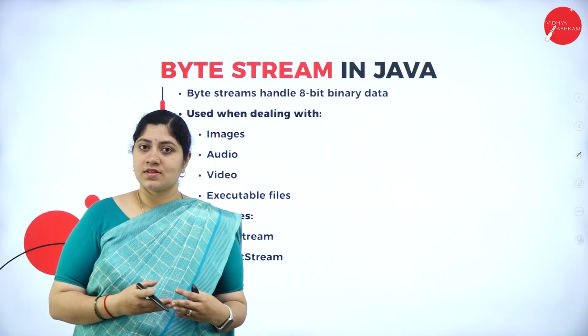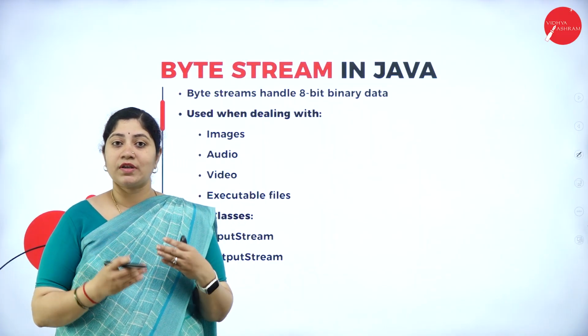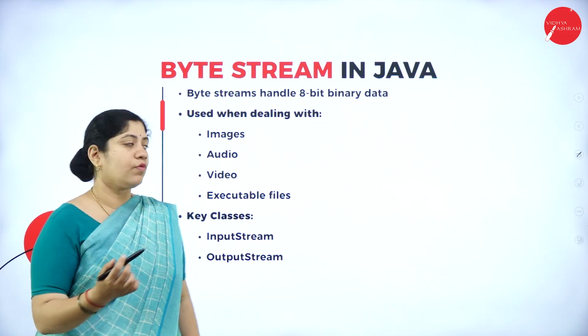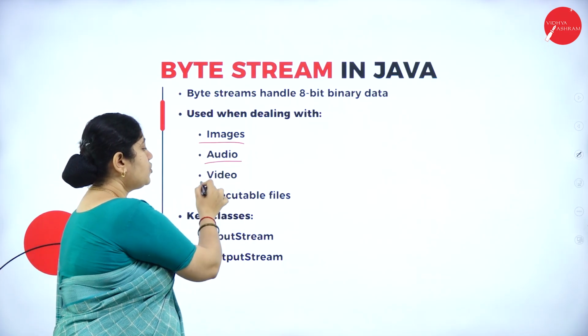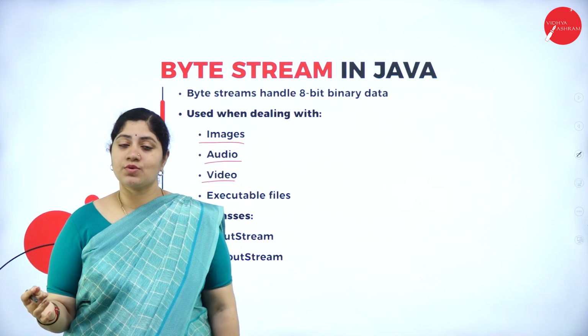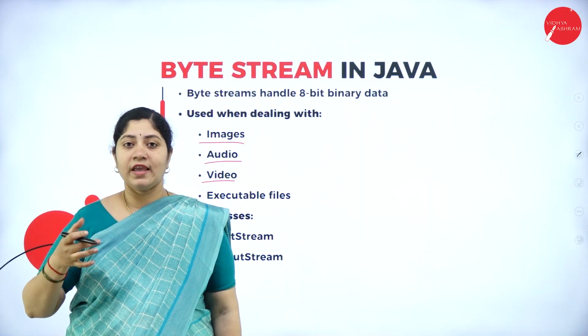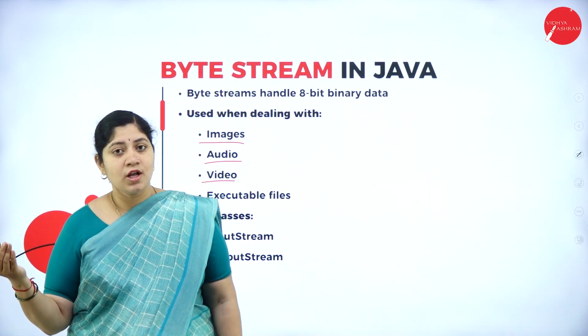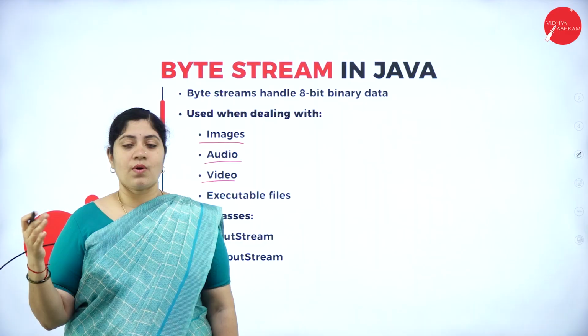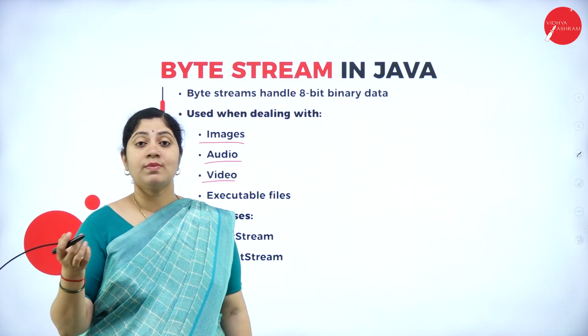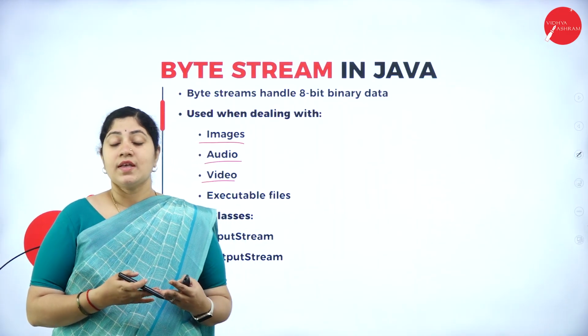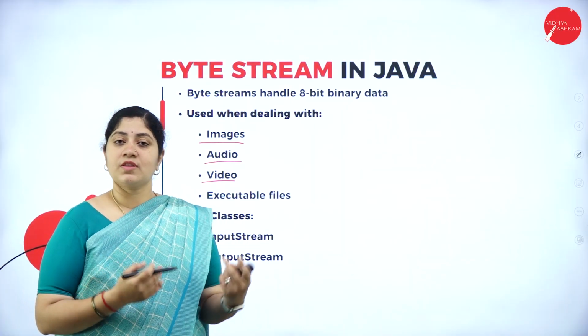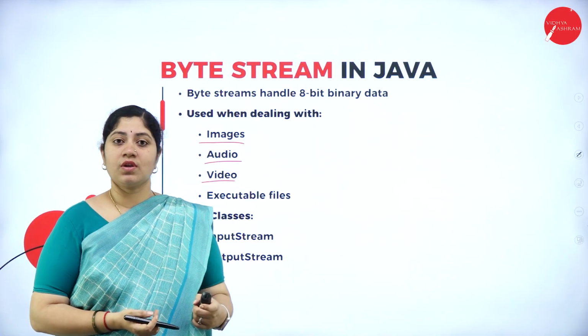These byte streams are utilized whenever we are dealing with audio, image, video, as well as various executable files. So if you want these audio and video files to be handled by a system, then you have to go forward with the byte stream only,